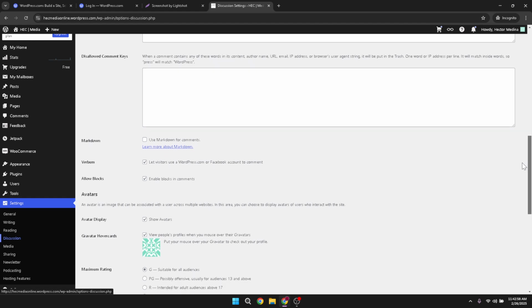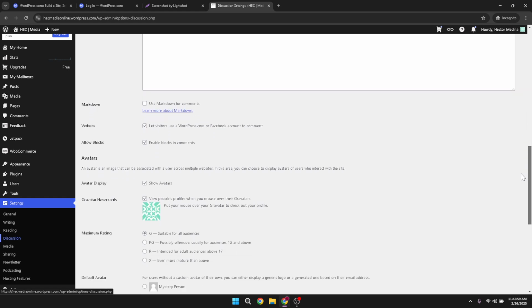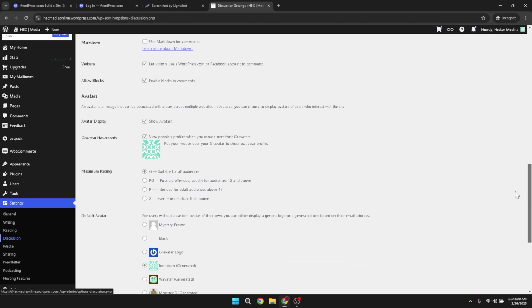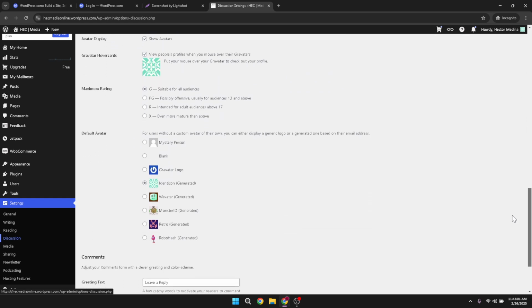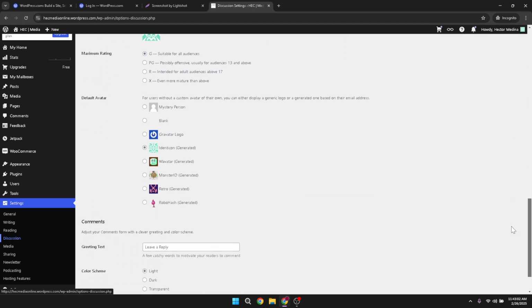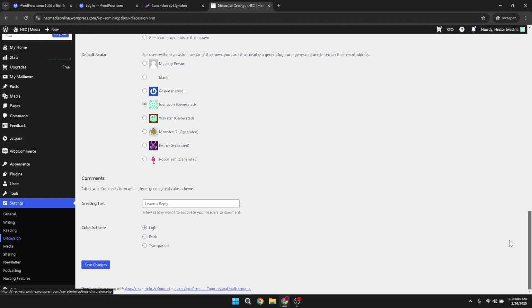In summary, managing, editing, and deleting comments in WordPress is a straightforward process. It gives you the power to mold the discussion on your site exactly how you envision it. Whether you opt for strict comment moderation or a more relaxed approach, these steps enable you to maintain a respectful and constructive environment. With these tools at your disposal, you can confidently manage reader interactions and foster a positive community around your content.